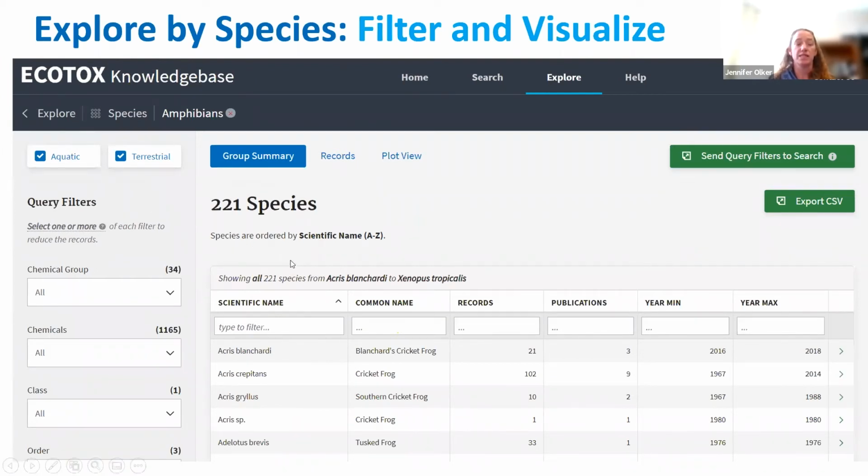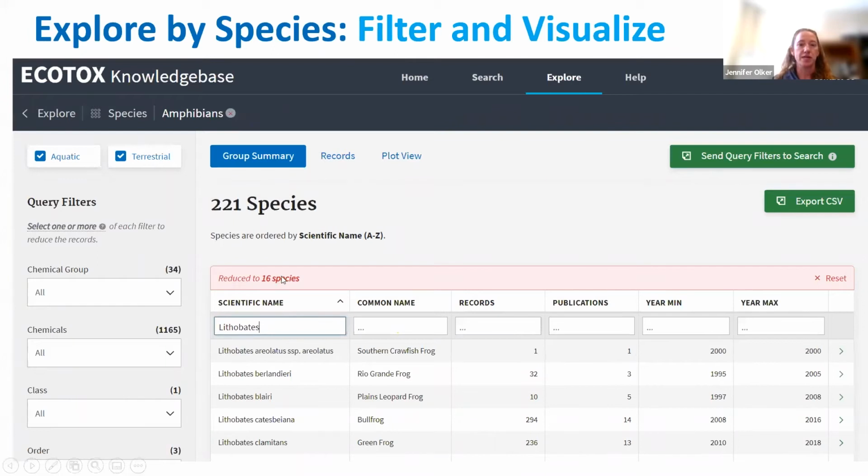And for amphibians, it's really important because you have both life stages that are aquatic and life stages that are terrestrial, so they'll end up in both databases. On this group summary page, you can do sorting down in this table, or you can filter things. So for example, I could type in a genus here, and it would reduce my table just to that genus. This is Lithobates,